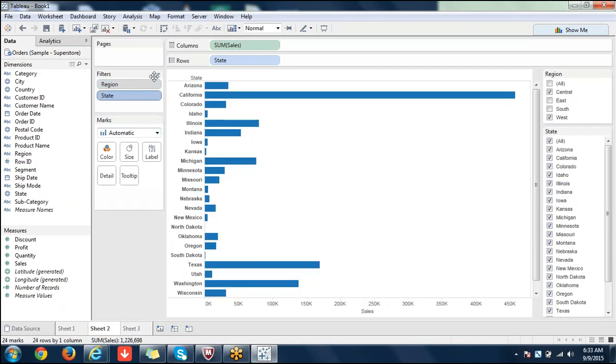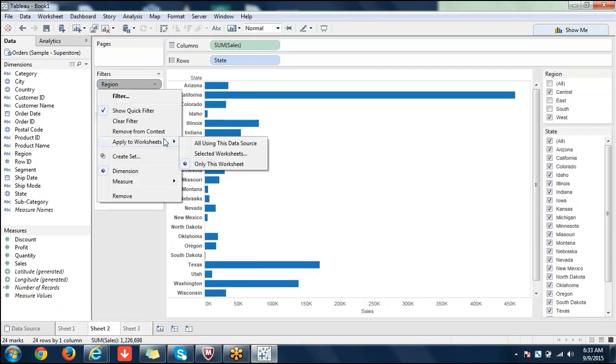So I'm saying apply to all worksheets. And please remember this, we have an option only for this data source. If you add a different data source, you can't apply the same filter to all data sources. But you can apply the same parameter to different data sources. After filters we will see parameters. Whereas the same filter can be applied only to the same data source, not to a different one.